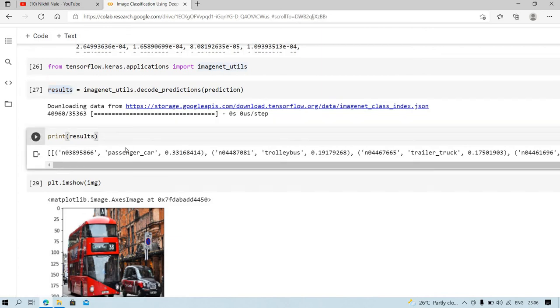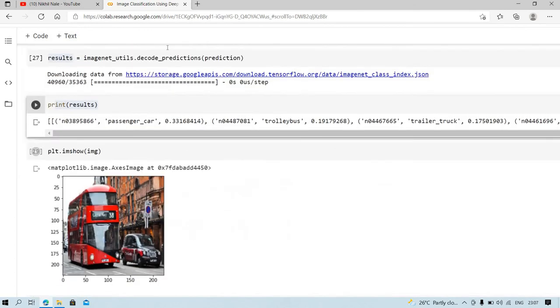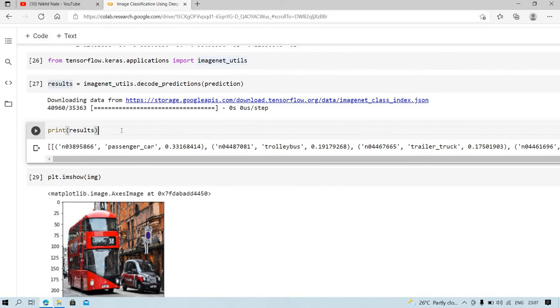After that I want to print the result. Here you will see the result. This is the result of the model 1 prediction.